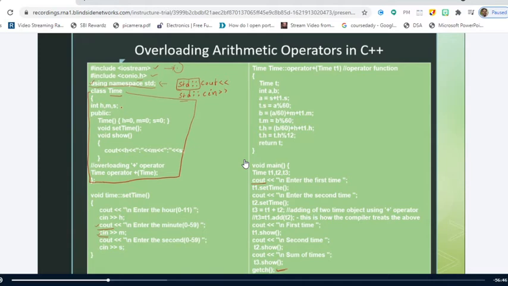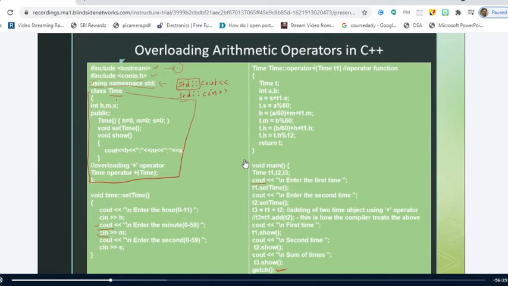What is the scope of these variables? Private scope. Since we have not defined any access specifier for these variables, the default access specifier is private. Therefore h, m, and s come under private. What do you mean by private?